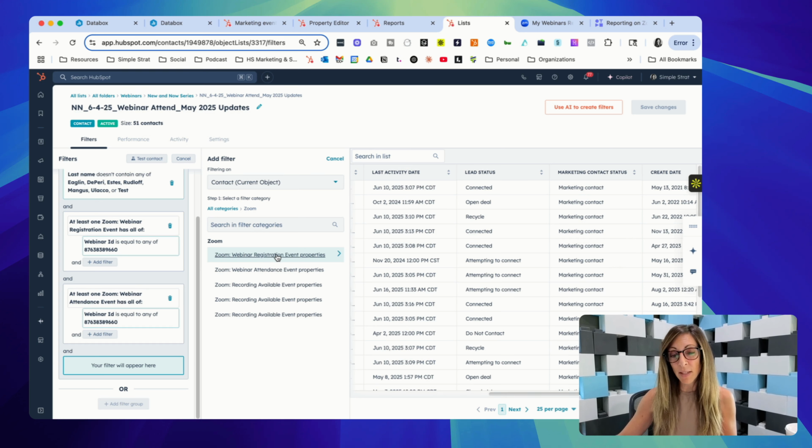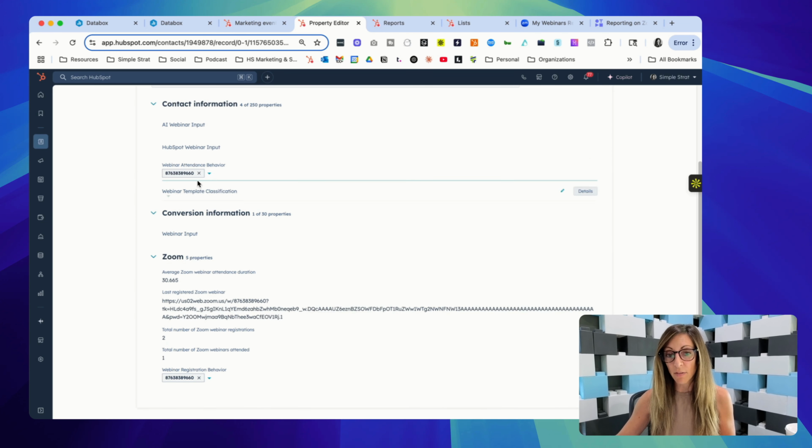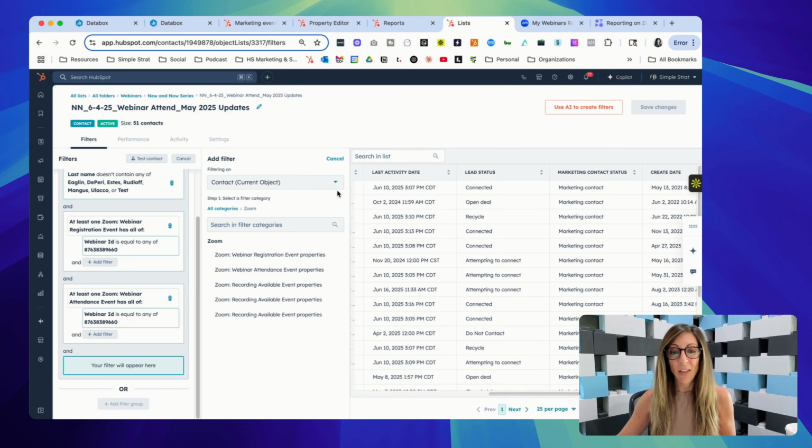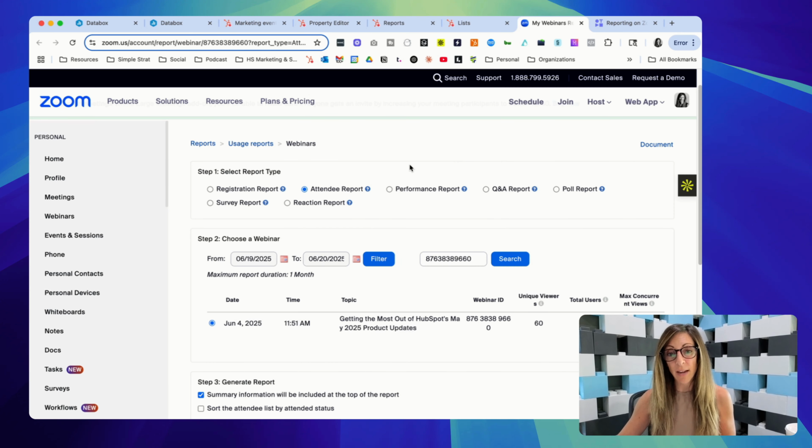I can use the segmenting to build a HubSpot list that then actually takes this information and is what fuels the stamping of the actual webinar they attended. So now that I've got all of this stuff in one place, the dashboard is one thing I can create in HubSpot, but the reason I moved myself over into Databox is because now I've also got details from